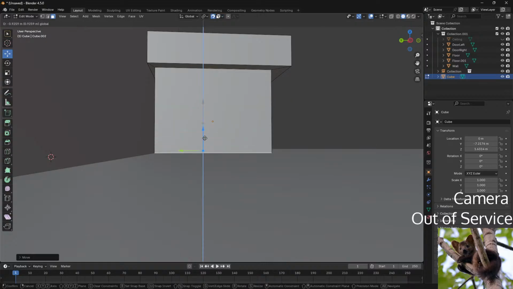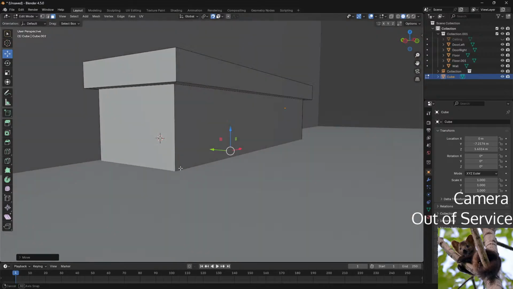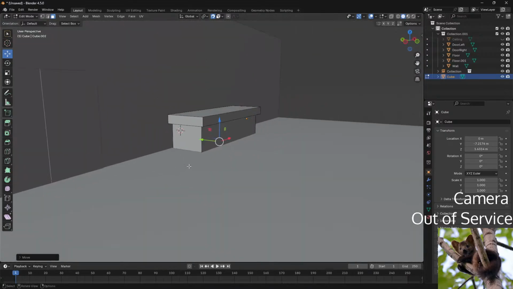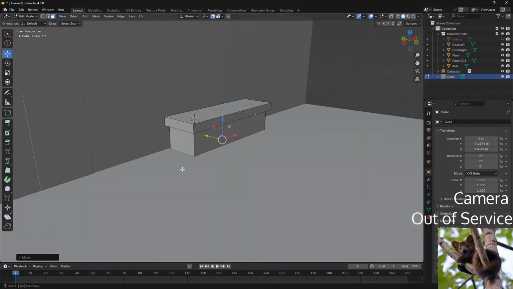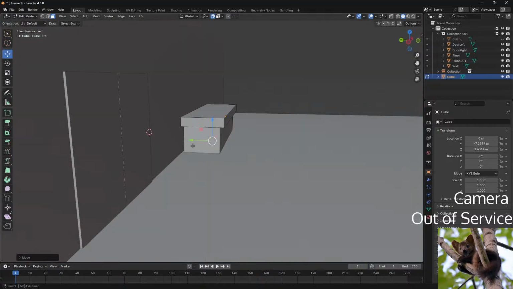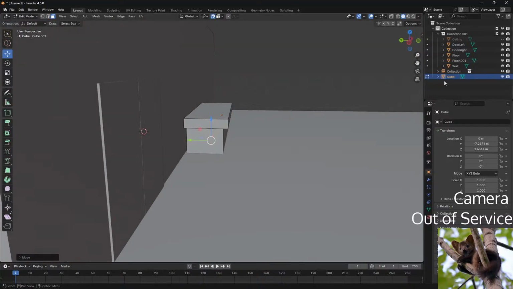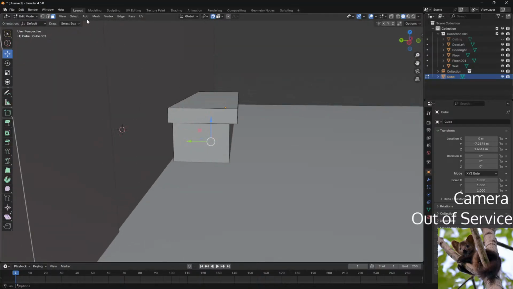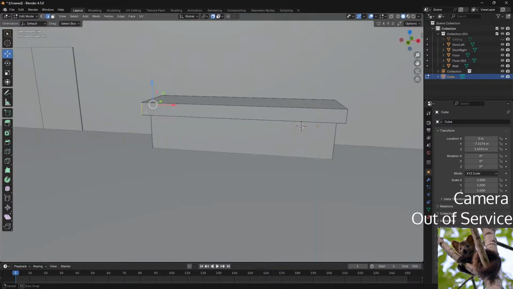Not so sure. Snapping is a way. Snap. So maybe we can bevel the edges a little bit.